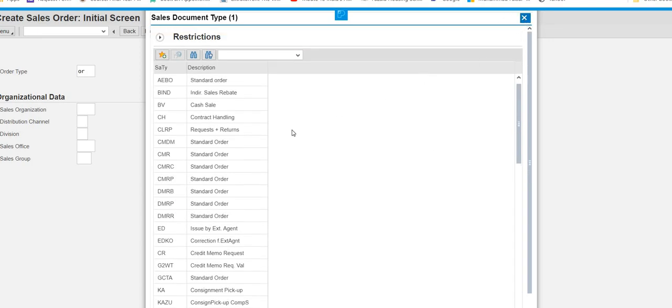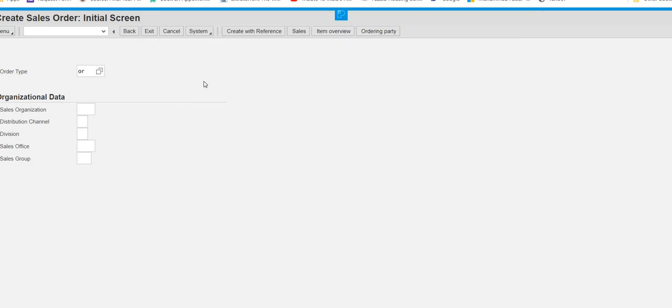As I suggested earlier in my previous video, whenever you know the exact data, don't go for search, type it directly. Or if you are doing it from the exercise, you can copy from there and paste. This is the shorter way to save your time.